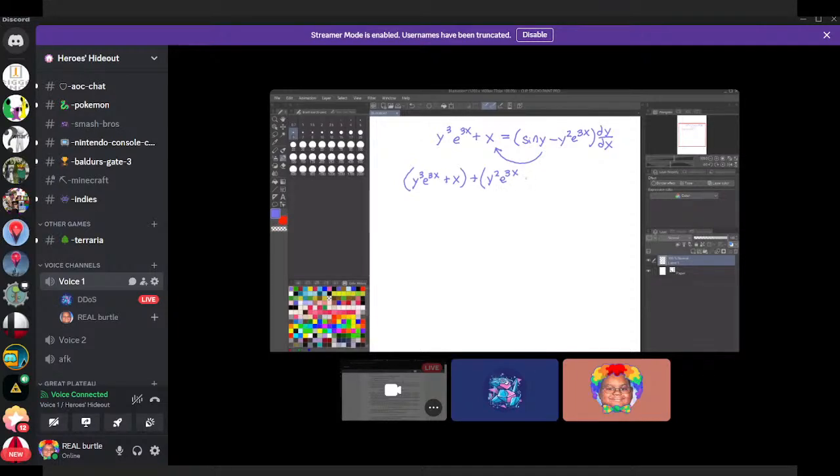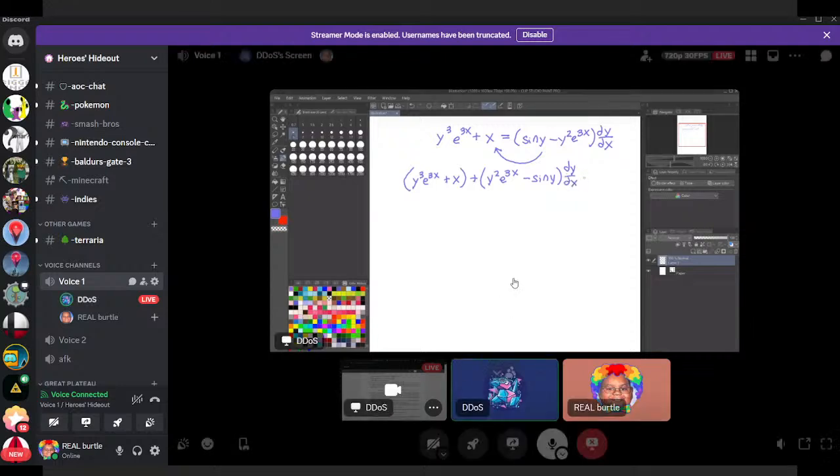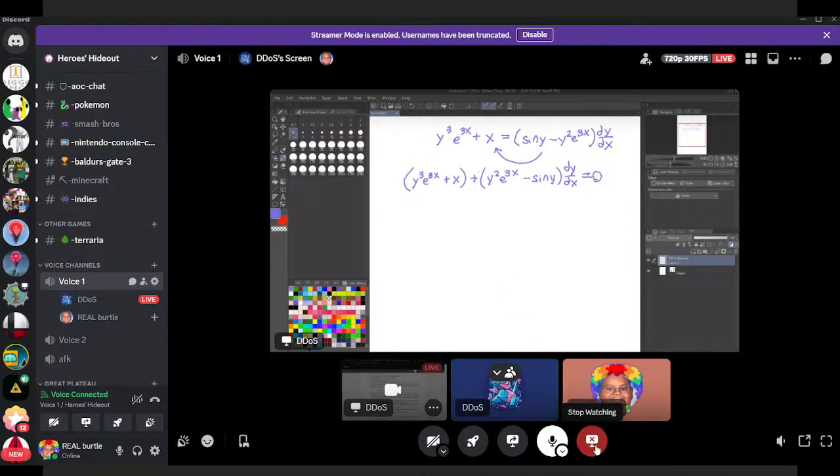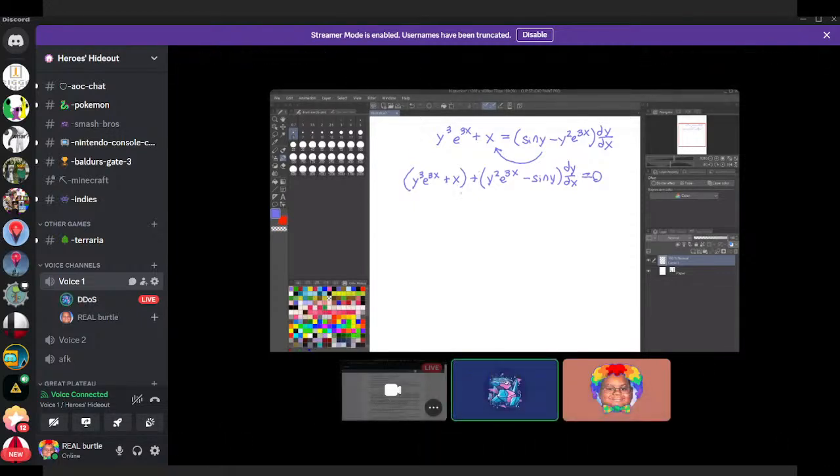We'll switch the signs around. Minus 9y dy dx equals 0. Okay. This is what's called a nonlinear, non-separable first-order differential equation. First order because it's just one derivative and then other stuff. Okay. So the method for this,